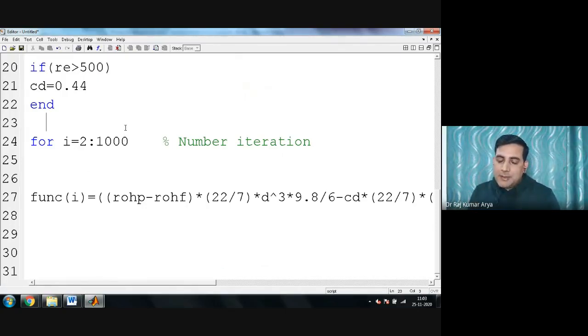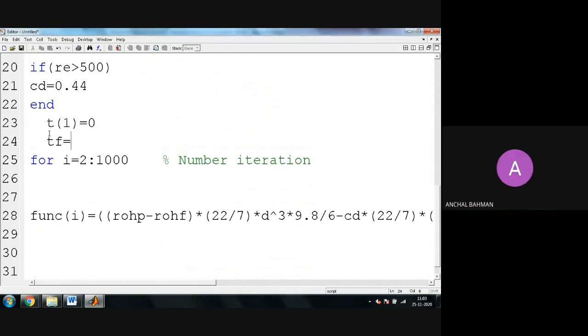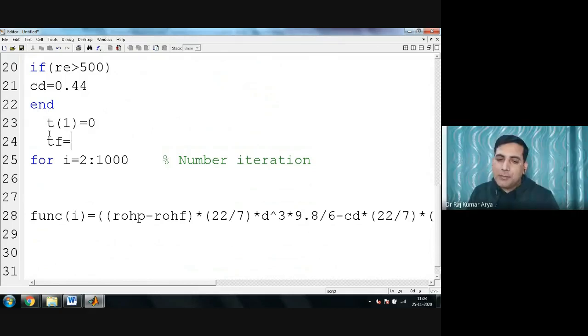So if I'm considering iteration here, for that particular part you can calculate what should be the time at this particular point. Or let's say you are putting your t initially, let's say for t1, you are starting at 0 time and you want to solve it for some time. That also you don't know, right? You don't know till how much time you want to solve. One person will say solve up to 20 seconds, maybe 200 seconds, maybe 2000 seconds. I don't know that actually.